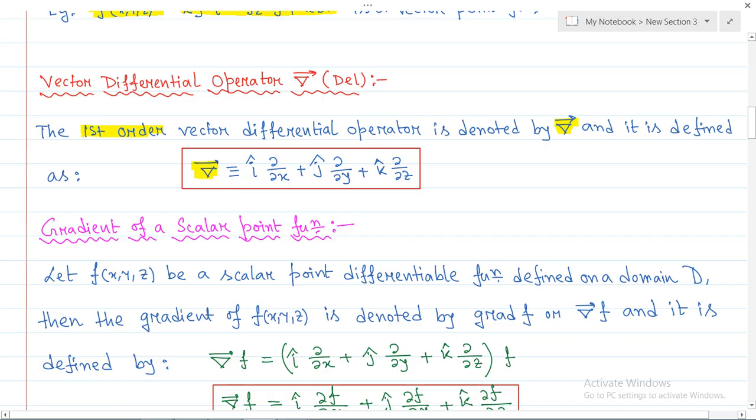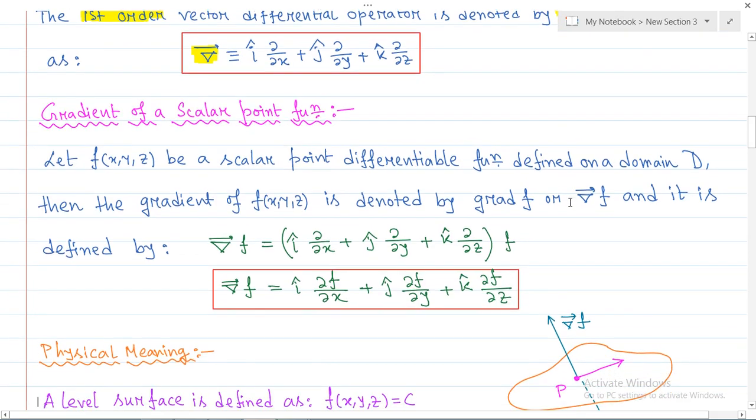Now if the operator is defined for a function of two variables, then definitely there will be no k component. Then it will be i cap del by del x plus j cap del by del y. Since all the partial derivatives are of first order, it is a first order vector differential operator. Now let us come to the first application of the vector differential operator, that is known as